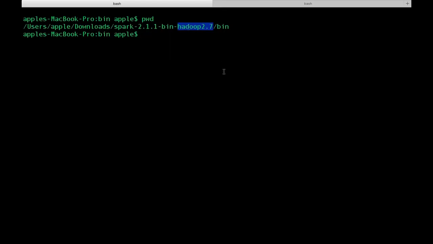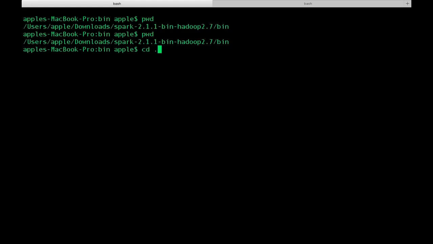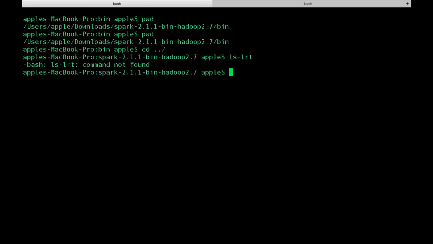So I'm not having any cluster, nothing. It's just a plain laptop, I just have a MacBook Pro. So let's try what it does, right? I'm in the bin folder. Let's go to the structure of